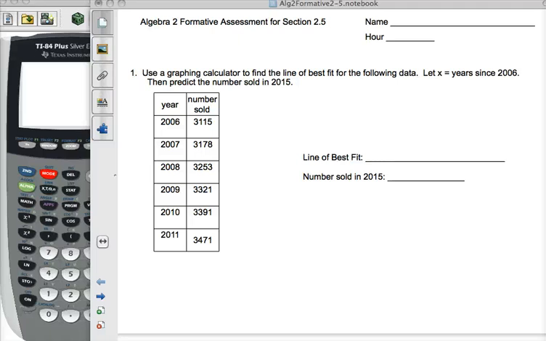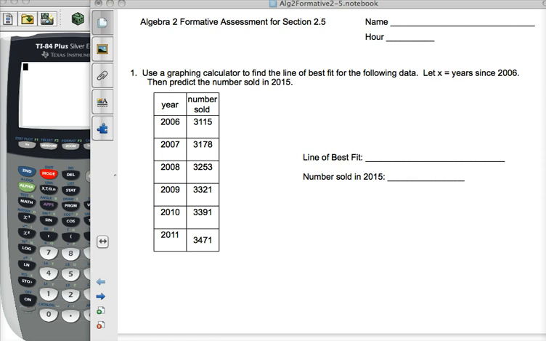Okay, I'm going to go through section 2.5 today. I'm just going to go over one example rather than do the whole note packet on this one. So basically you can see what we're going to be testing on and get an idea how to plug in numbers in your calculator that represent a couple of different lists, and then get a line of best fit, which